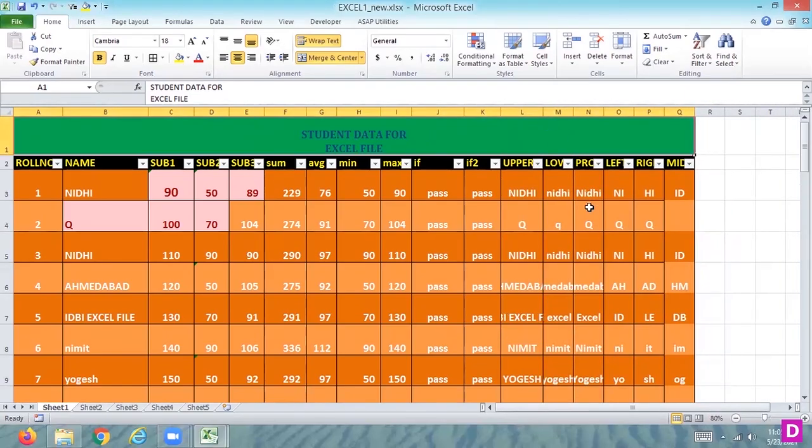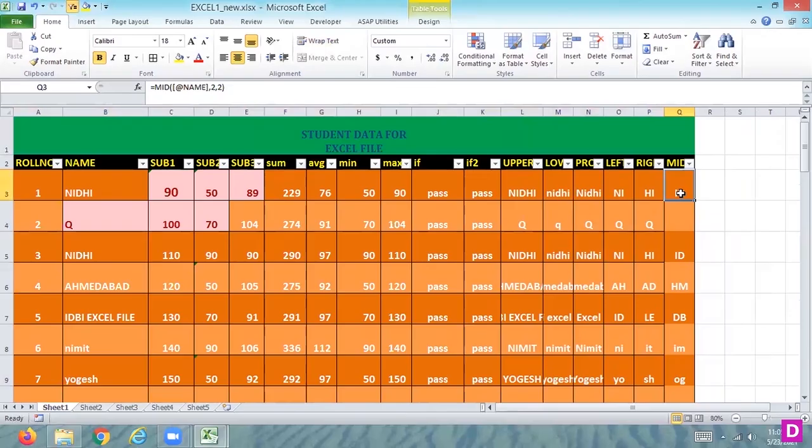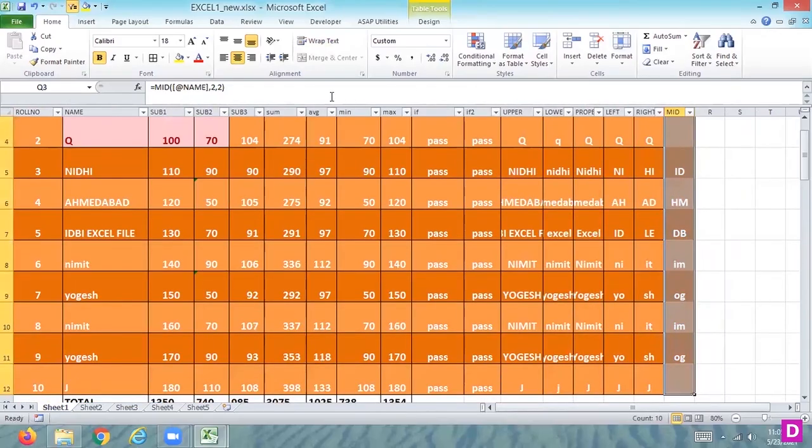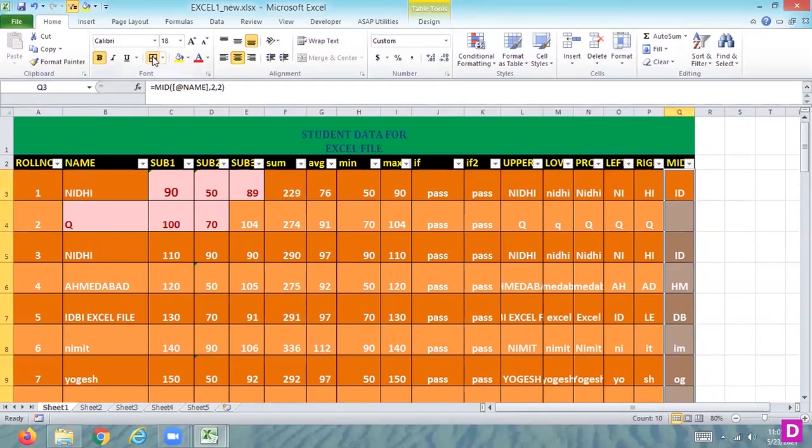Now it is clear: uppercase, lowercase, proper, left, right and mid functionality. This is a combination of another functionality. This is called left, right, mid functionality. Now you can use this functionality with your data. Then after this we will discuss text to column and another functionality